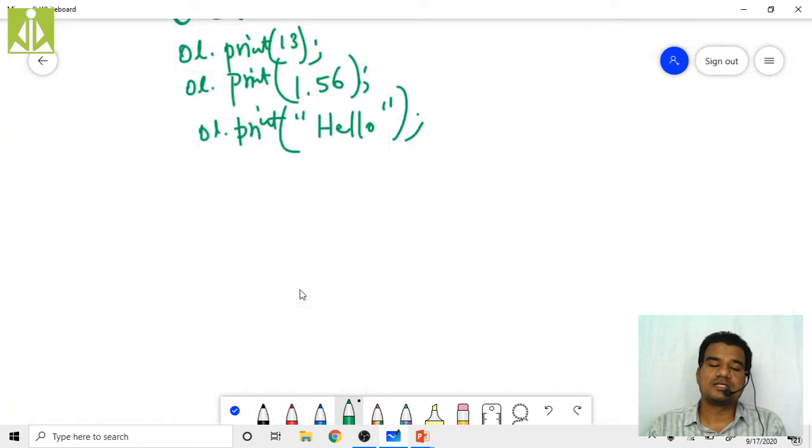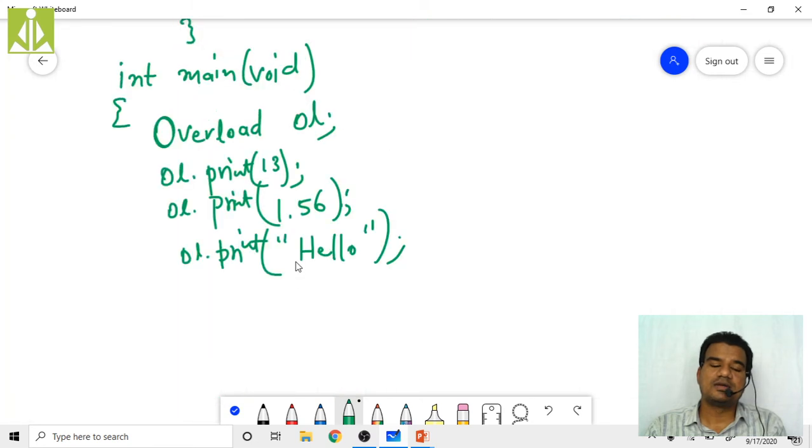The next thing, after string, is the one with 2 parameters, isn't it? ol dot print of 24 comma 36. This 24 comma 36 will invoke which function?